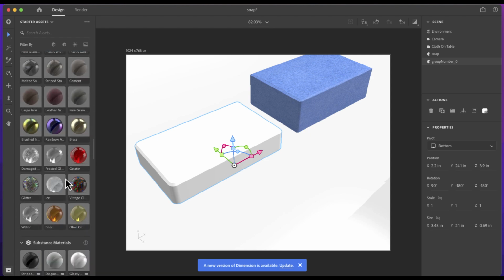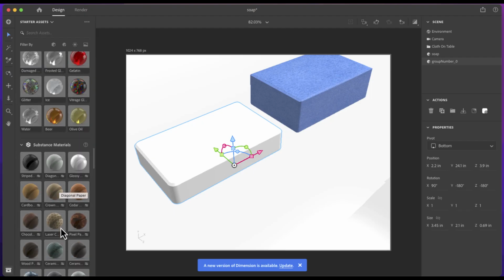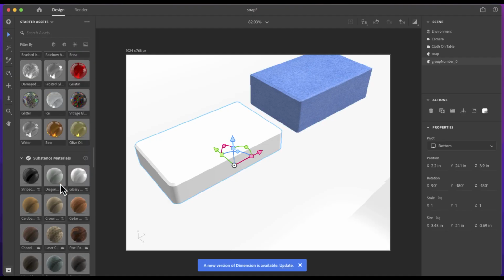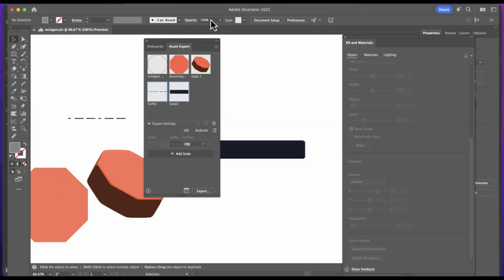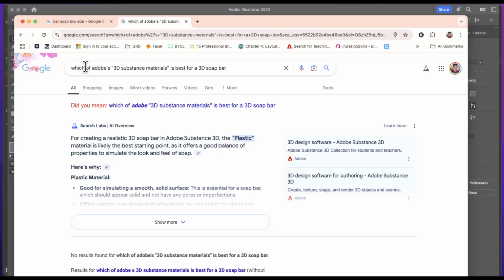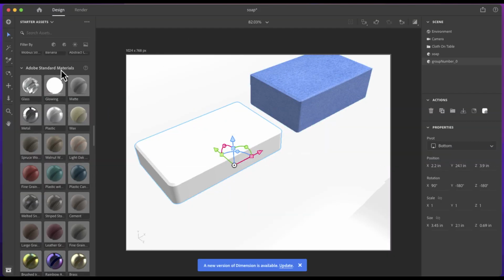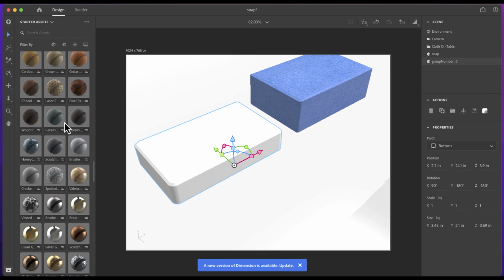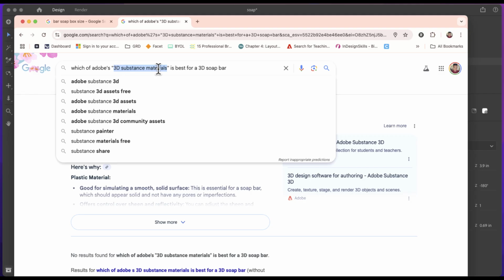I don't see anything in here that looks like soap or is an easy material to start with and then modifying it to make it look like soap. So I go over to Google here, and I literally ask which of Adobe's 3D substance materials, because that's what we're working with. These are substance materials right there. Okay. So I can ask which of Adobe's 3D substance materials is best for a 3D soap bar,